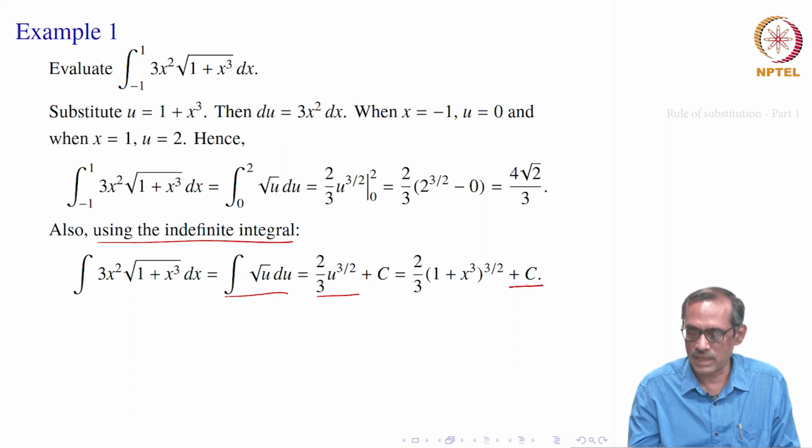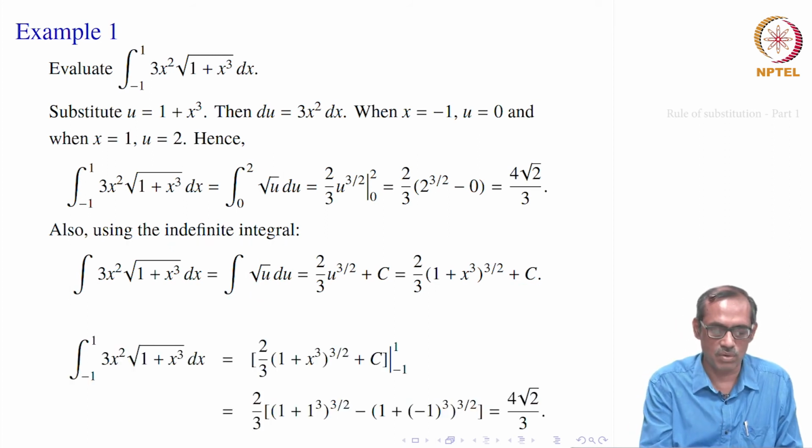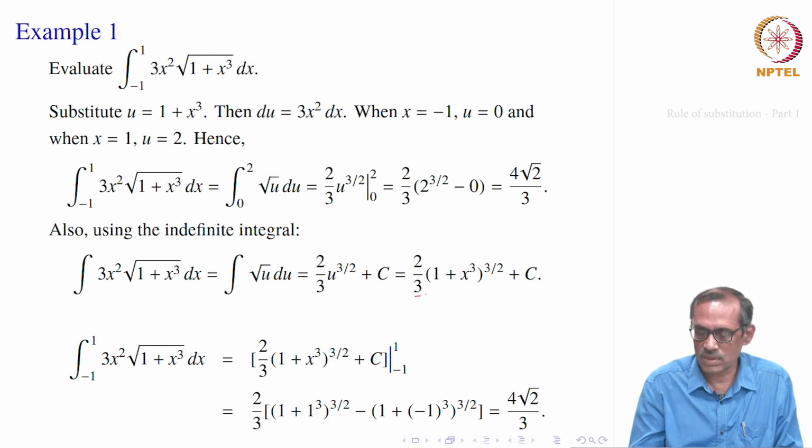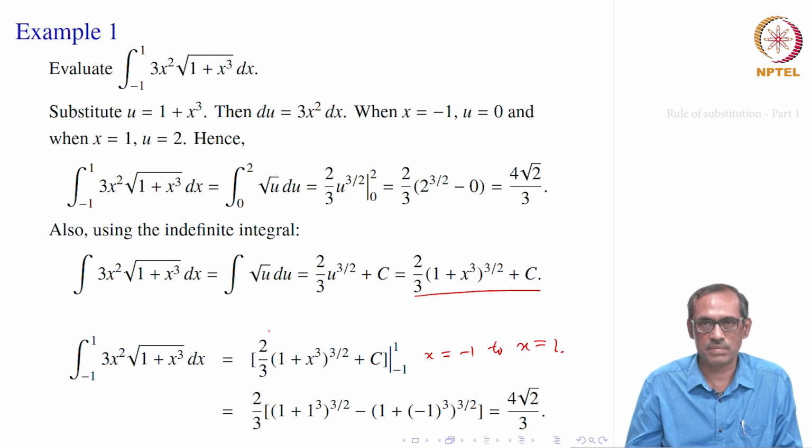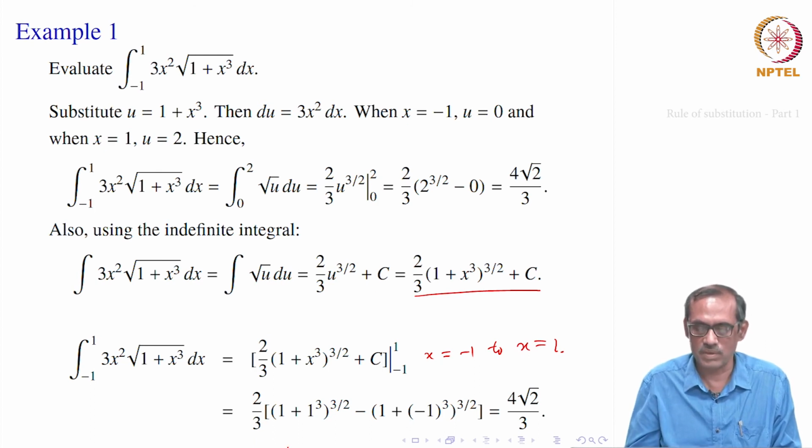But we have to remember that in the indefinite integral there can be an arbitrary constant. That is how the indefinite integral will look. So, if you know the indefinite integral from minus 1 to 1, when you integrate, you just come here and evaluate it at x equal to minus 1 and x equal to 1. After a bit of experience, you can see immediately, you do not even need to put u equal to 1 plus x cubed, but can do it directly.